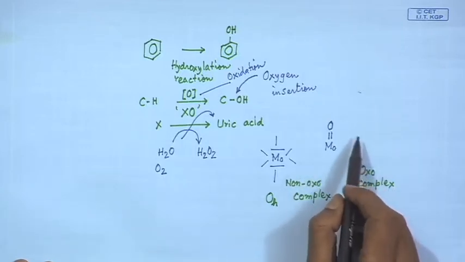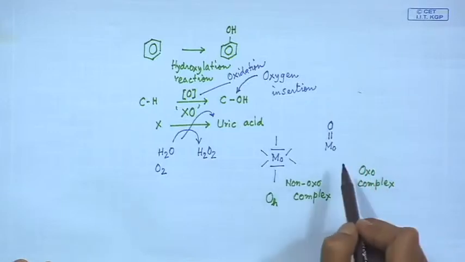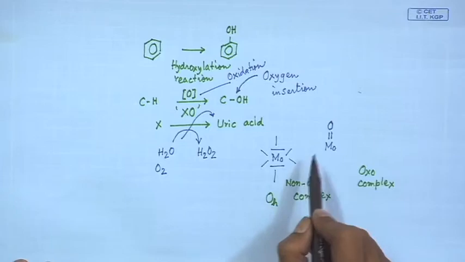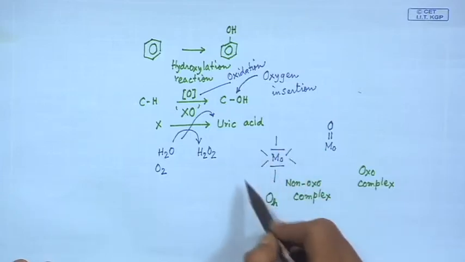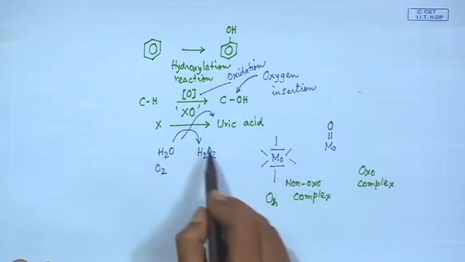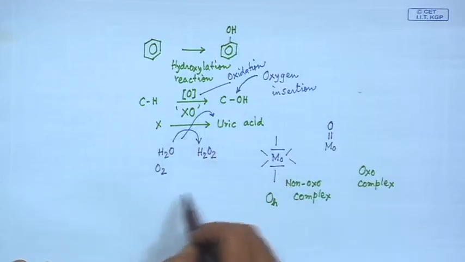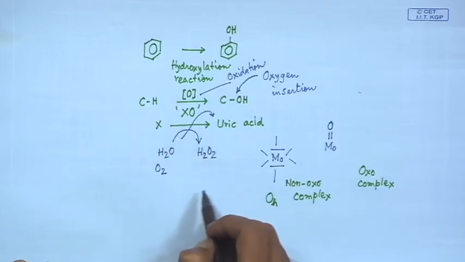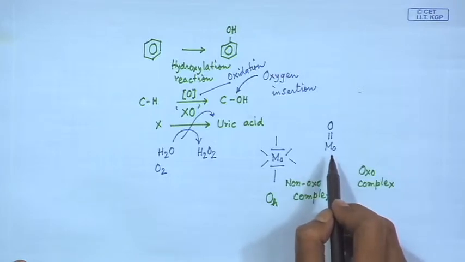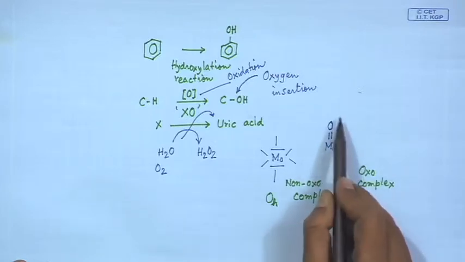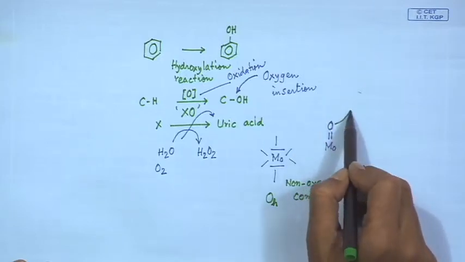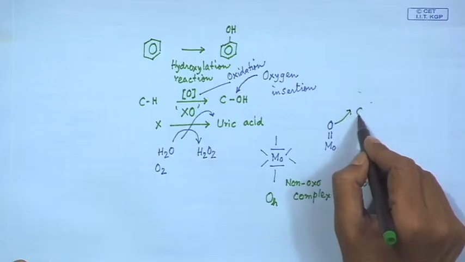So, if we have a molybdenum based catalyst, immediately we will be tempted to think of molybdenum in its deoxo form or the non-oxo form. In the non-oxo form, this molybdenum center will react with any of these reagents. We do not know which particular reagent is giving immediately the corresponding molybdenum oxo species. So, that molybdenum oxo species is therefore responsible for transferring this oxygen atom to the substrate,